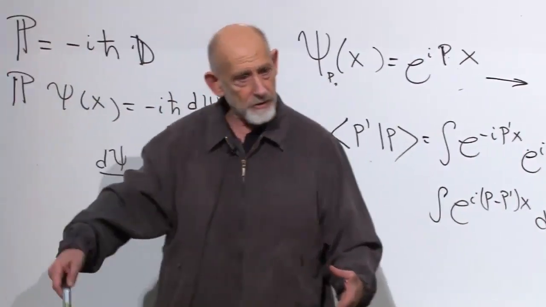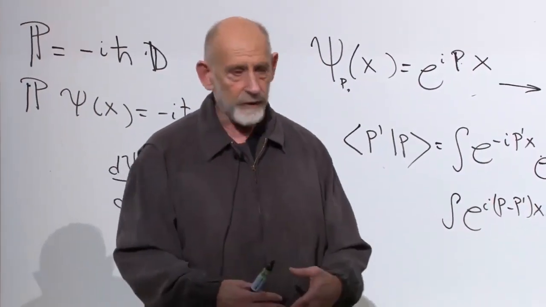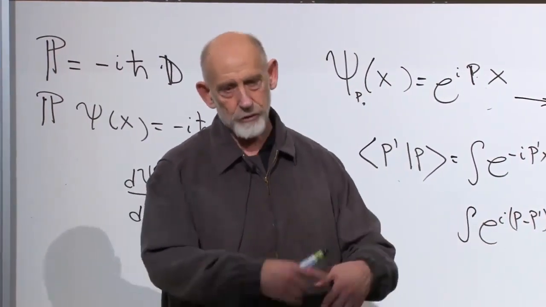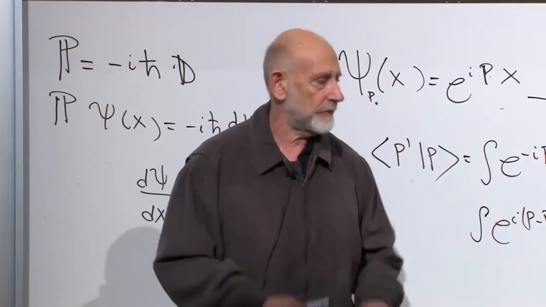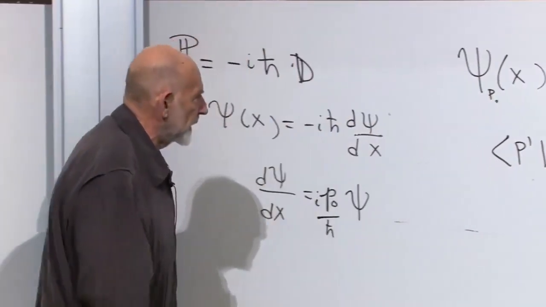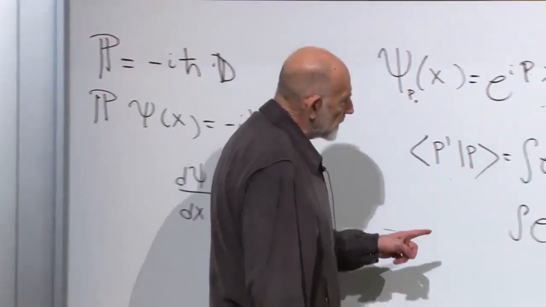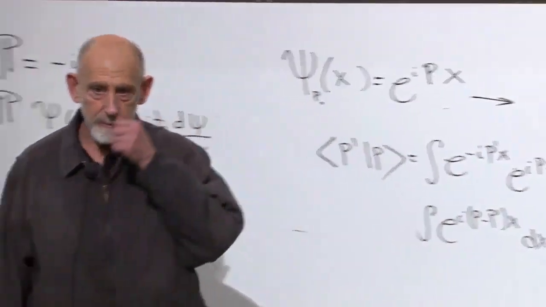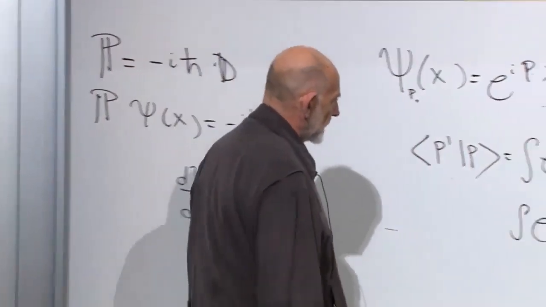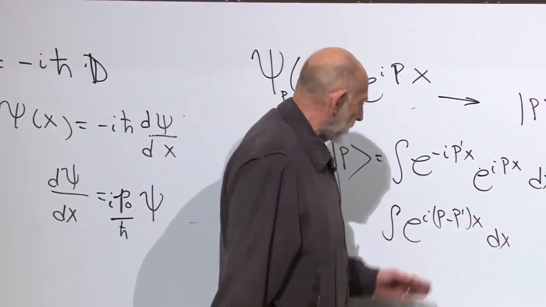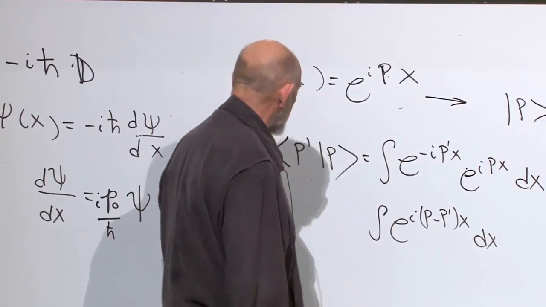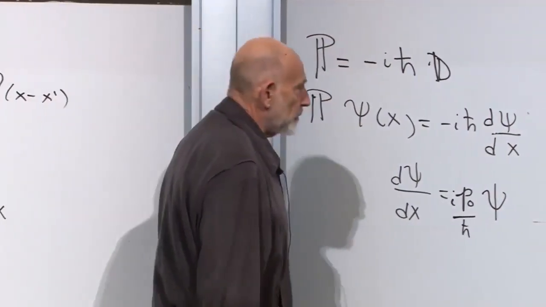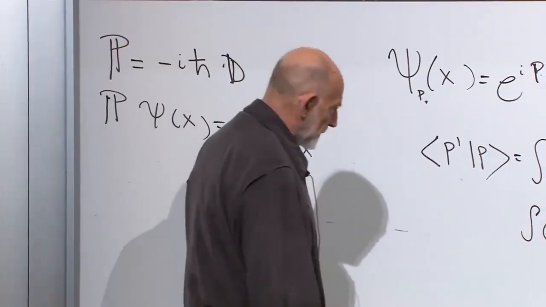Cosines and sines are as positive as they are negative. If you integrate them over a large interval, you'll get 0, as long as you pick up an integer number of wavelengths, and that's important here. So as long as p is not equal to p prime, this integral just oscillates itself to 0. Equally positive and equally negative for both the real and imaginary parts. So it is true, the inner product is equal to 0 if p is not equal to p prime.